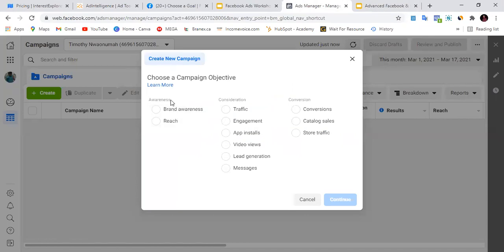But let's say you don't want to run an awareness campaign, that's okay. You can just proceed and run a traffic campaign. But if you want to establish your business, awareness is mostly about marketing. If you want to market the existence of your business or your brand, then go with the awareness section. Then if you want people to start considering taking an action, let's say sending people to your website,